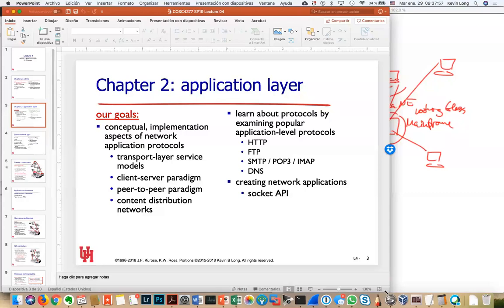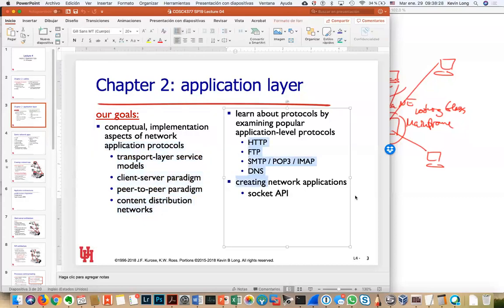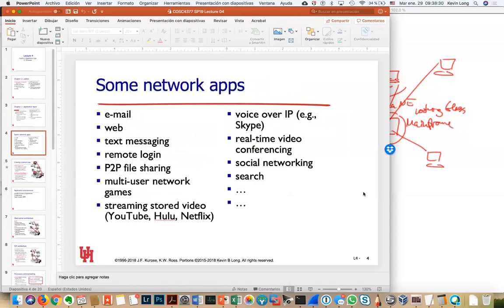When you send a message out as an application, like a web browser sends out a message to download a web page, uh.edu for example, that message is intended for the web server, another application at the other end. The transport layer gets involved. It talks to its partner, the other transport layer. The network layer talks to only the network layer as you go along. So we'll take a peek at how we implement this client-server paradigm using this application idea, and we'll learn about some popular applications that you guys may not know the protocol names of, but which you certainly know what the